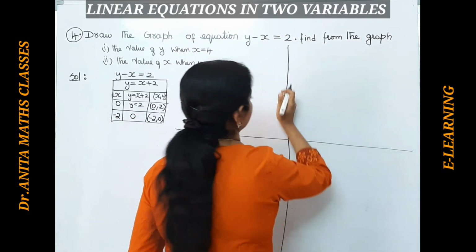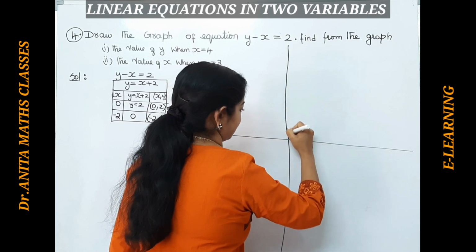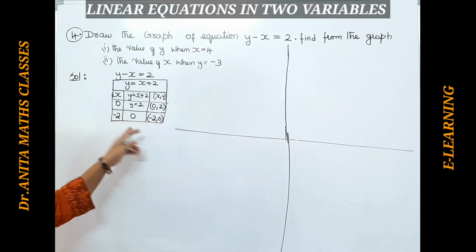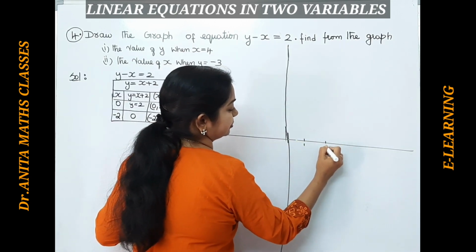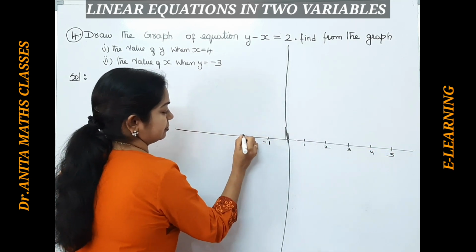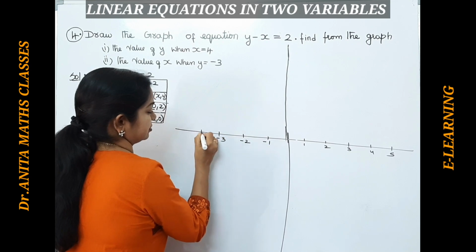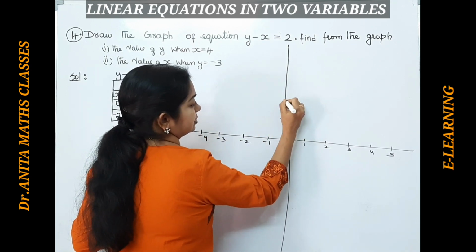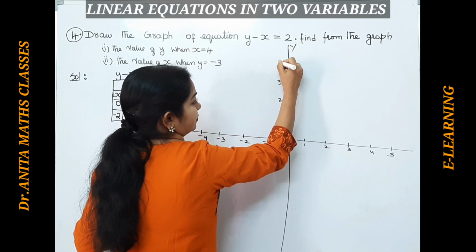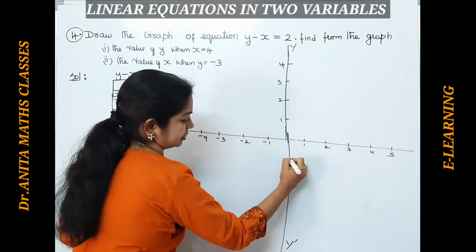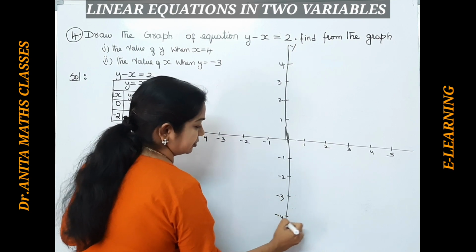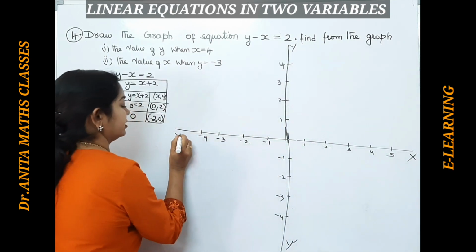So I've got it cross, since I'm not using this scale. Here, now let me take 1, 2, 3, 4 and 5. So minus 1, minus 2, minus 3, minus 4. So 1, 2, 4. On the y-axis, minus 1, minus 2, minus 3, minus 4. So this is the x-axis, this is the negative x-axis.